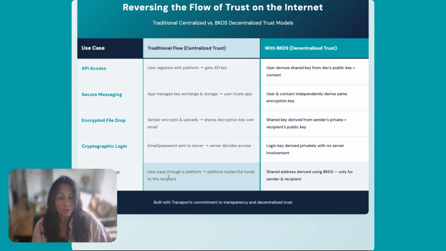And then, of course, the simple payment, which is the one that people are typically familiar with. On the internet today, user pays through a platform. The platform routes the funds to the recipient. With BKDS, there's a shared address derived, and it's only for the sender and recipient. So you can stop the video and look at this. It's pretty remarkable, all the things that can be done with this new